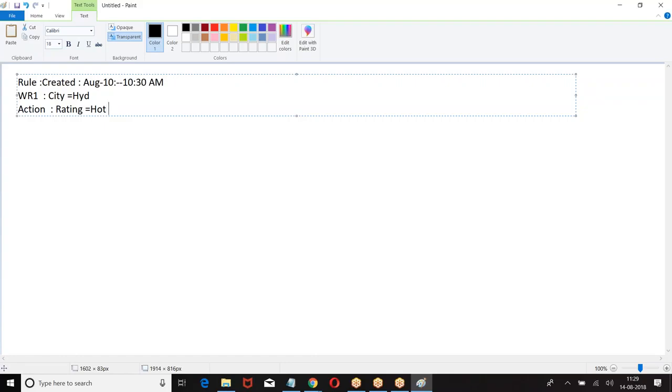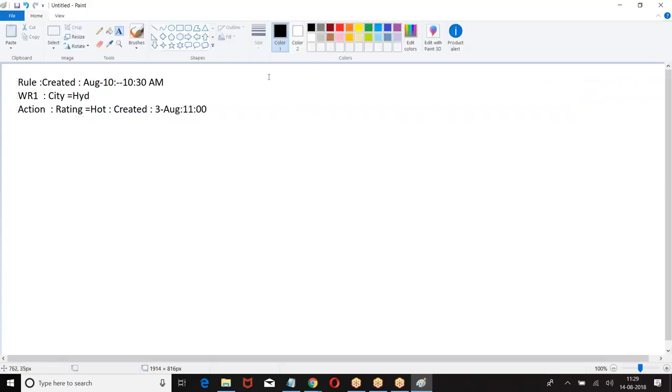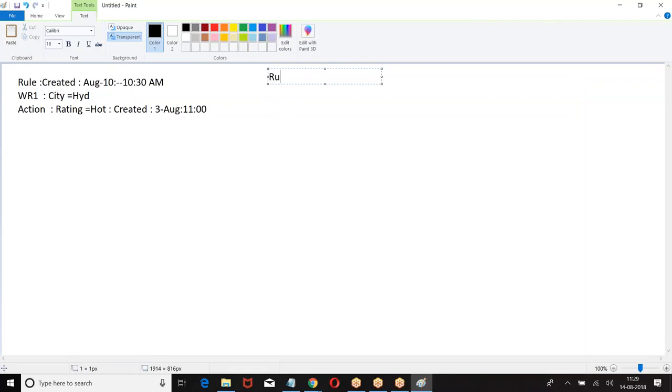Action was created 3rd August. Rule number 2, created on August 11th.